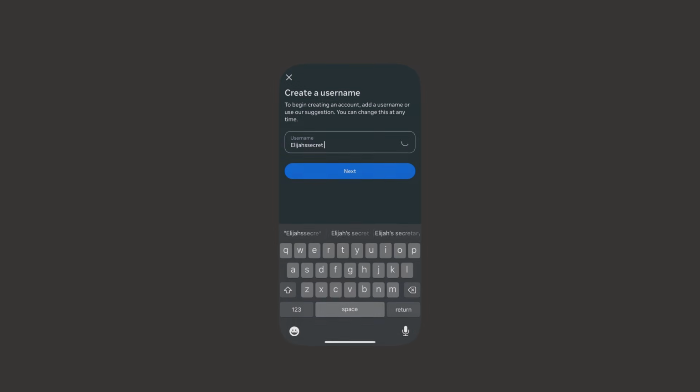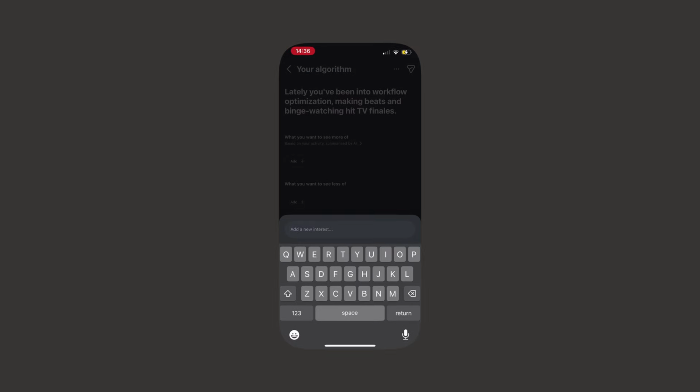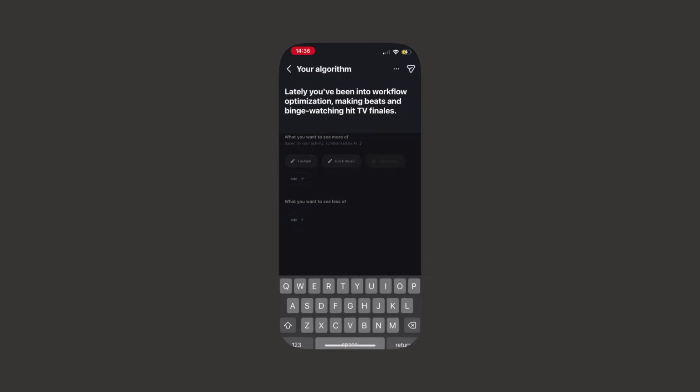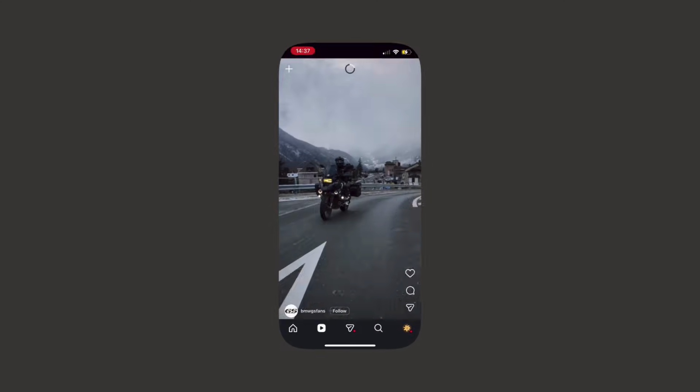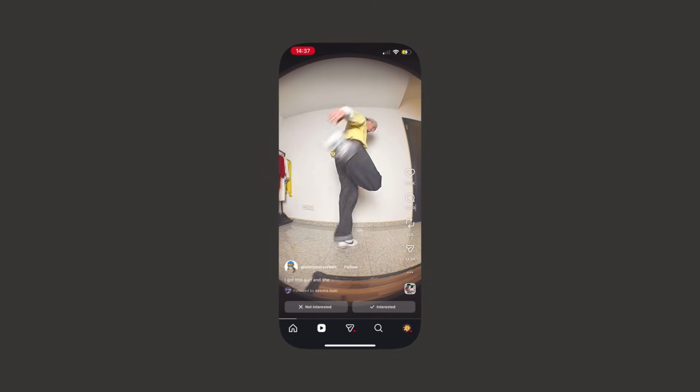To make one, begin by creating a totally new Instagram account and call it some random name that people aren't gonna find. Then head to the Your Algorithm setting and add the topic fashion or outfits, as well as the 3 to 5 additional customer interests that you figured out from before. Now, when you refresh your feed, it'll be purely the content your community wants to see without confusion.